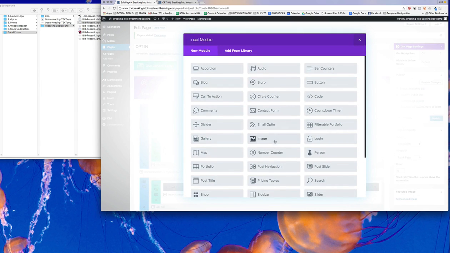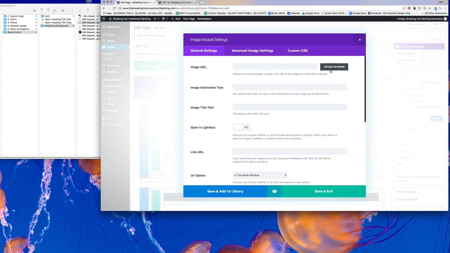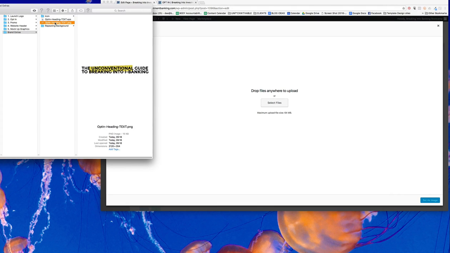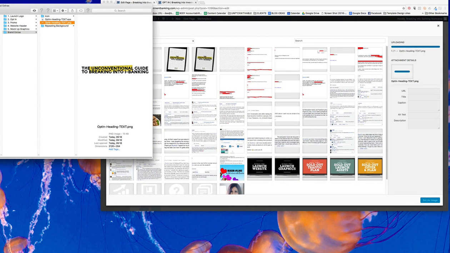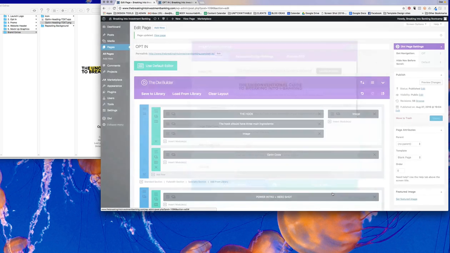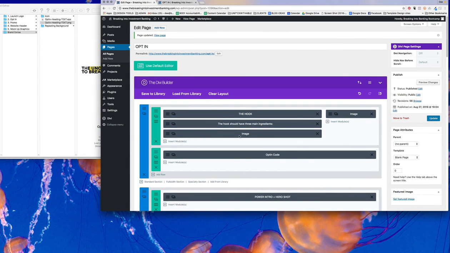So if we go into Insert and add an image again, and then go to Upload Image, Upload Files, and select the opt-in heading text that I've created for you, and drag and drop this over. As you can see, it's got the stylized highlighter behind your text. So we set that as an image, hit save, and then just as for the example here, I move this to the top, and then move this to the bottom out of the way for now,